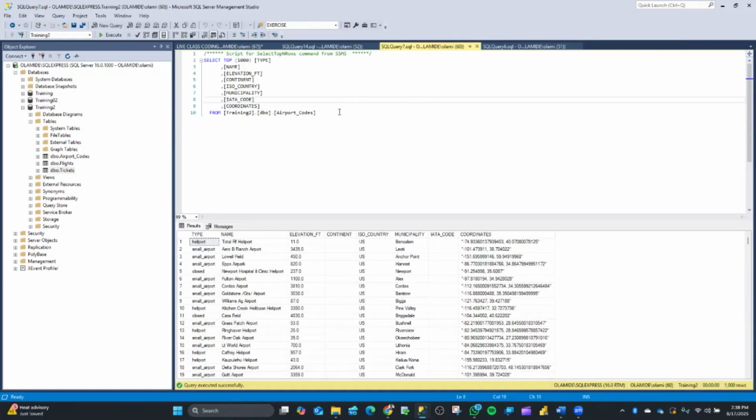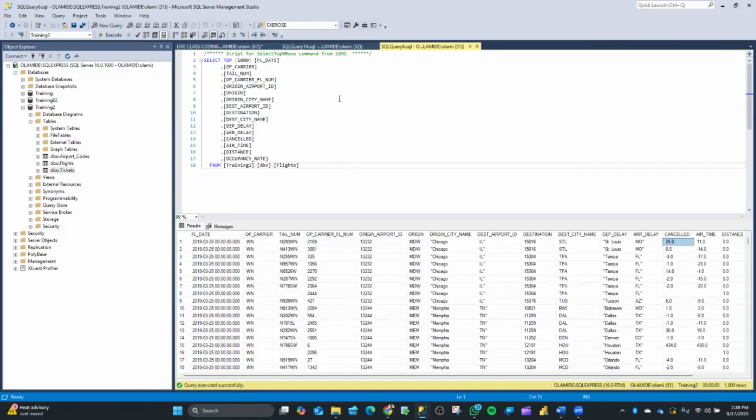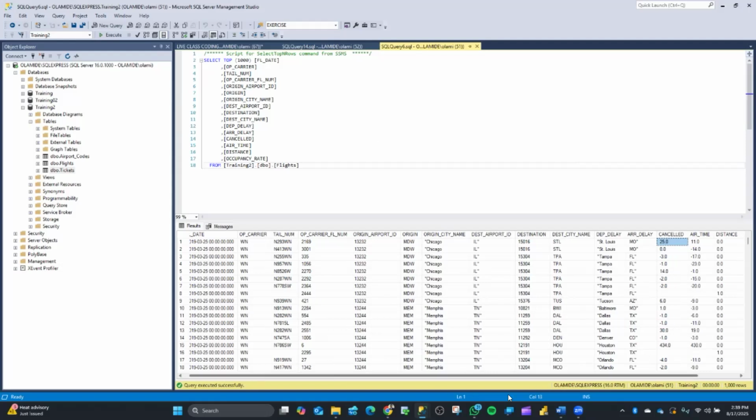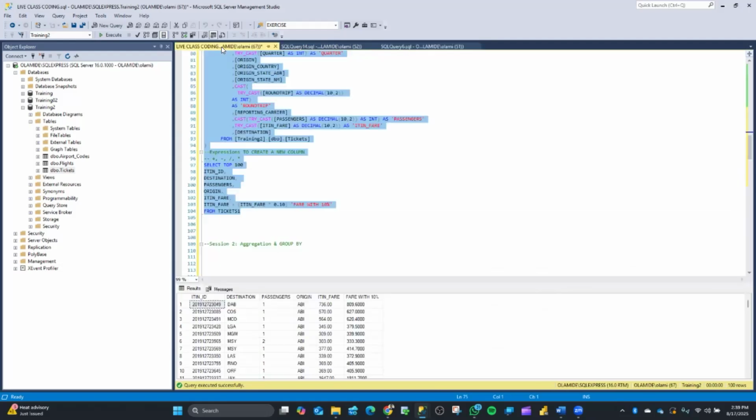This is for airport code. I can close that. And also this one, this is for flights. So for these flights, we have some kind of messy stuff. You see this one, I think we are going to probably be addressing this in maybe class 4 or so. So just go along with us,